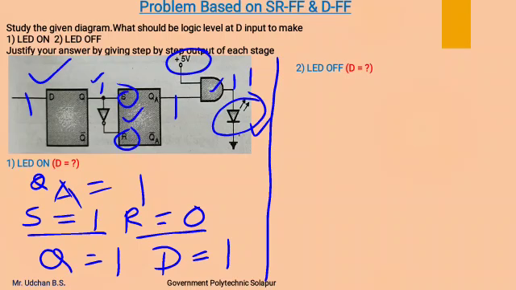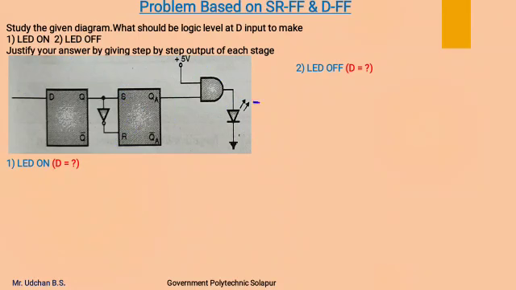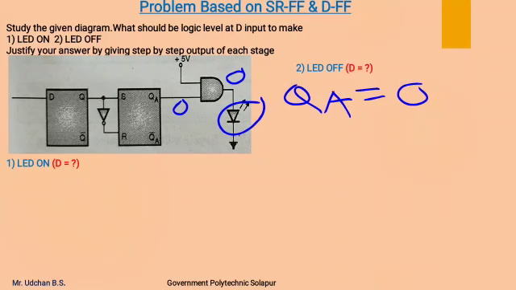Now we will see how to turn off this LED. That means, for that, what should be the value of D. Now to turn off this LED, the output of the AND gate should be 0. To make the output of the AND gate 0, we have to get QA as 0, by which the output of the AND gate will be 0. So as QA is 0, its output is in reset condition. For that